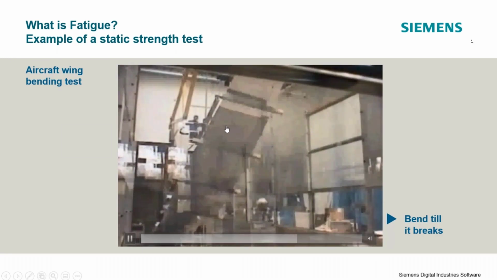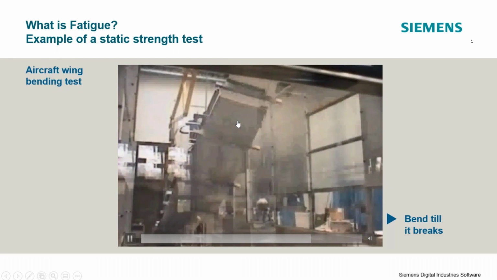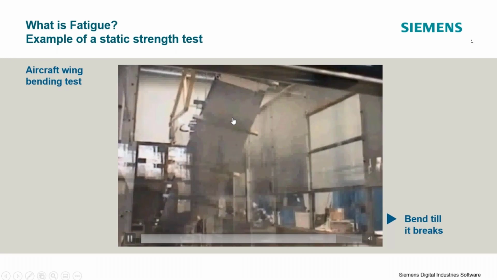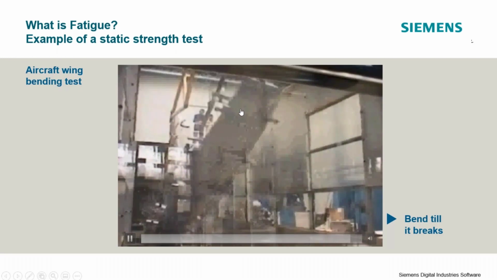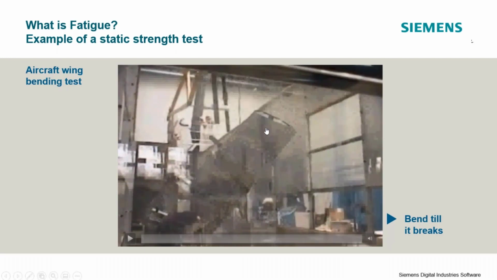But this would be an example of a static strength test, or you may hear the word quasi-static thrown around, where this is changing slightly with time, but not quickly enough that we can't use a static approximation to discuss it. So here, after a certain amount of time, you see that airplane wing finally fail. And this is a static failure. We went past the ultimate strength of this airplane wing.